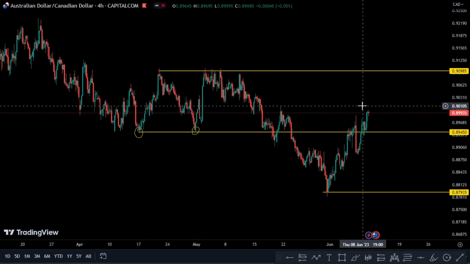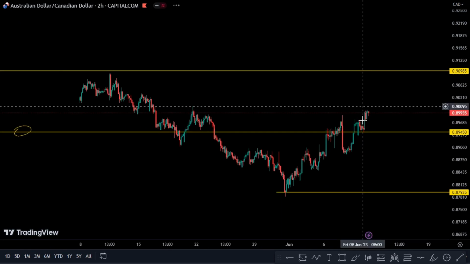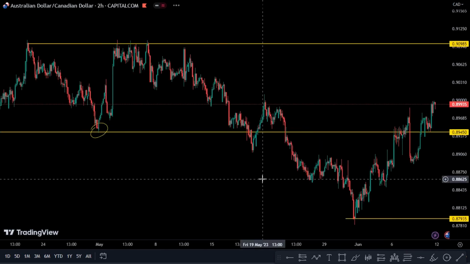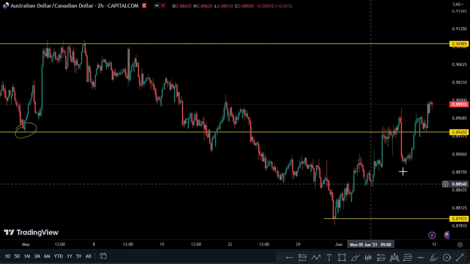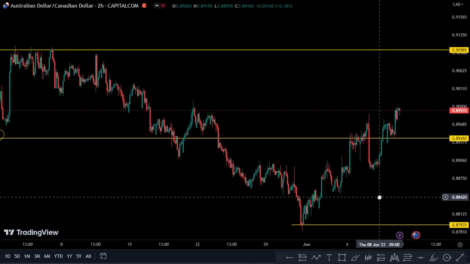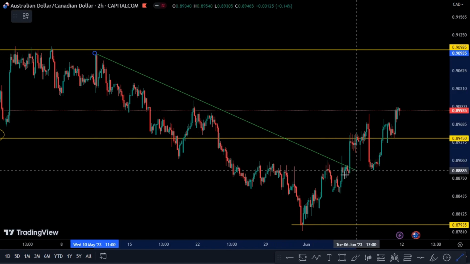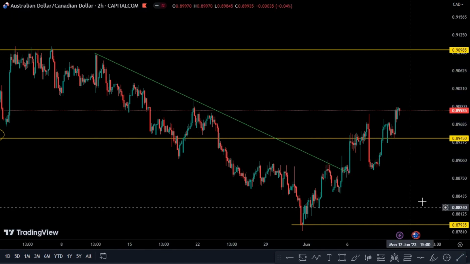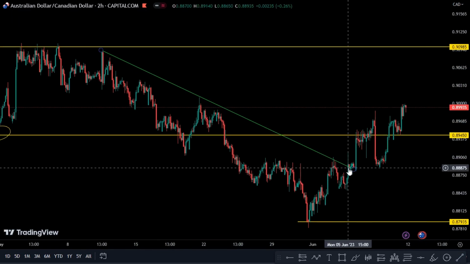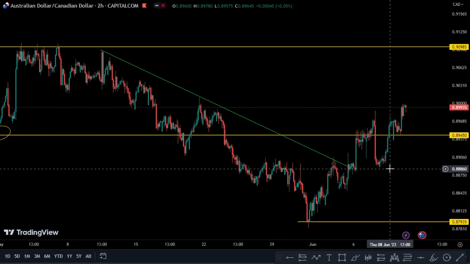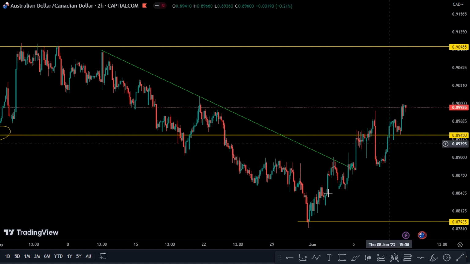Okay, let's switch to 2-hour. This is going to be more clear on a 2-hour time frame. You can also see that this area we previously had the market trending like this up until it was broken right here. As you can see, it was broken, and then the market is now currently pushing up